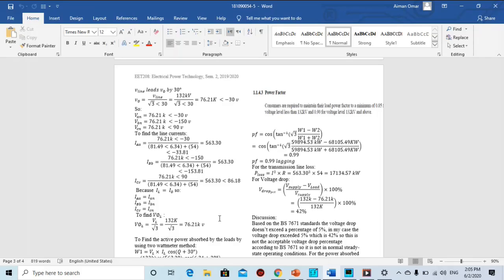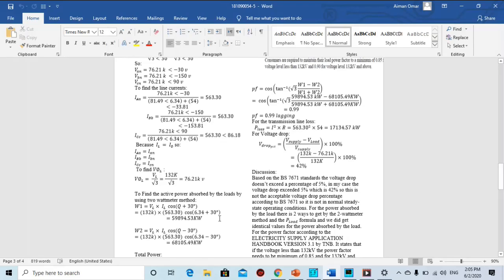And for the IAA it will equal VPN over the load, so it will equal 563.30, angle minus 153.81. And for the ICC it will equal PCN over the load, so it will equal to 563.30, angle 86.18. And because I load equals to I phase, so IAA equals to IAN, IBB equals to IBN,